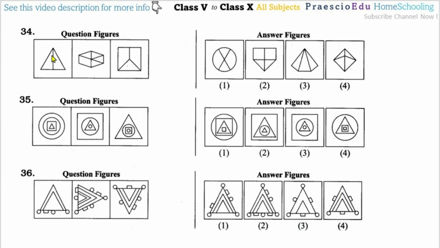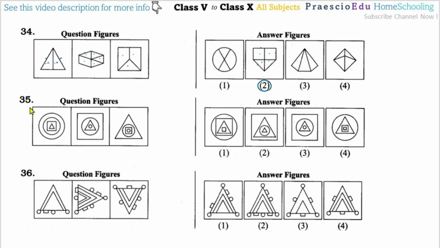Now question number 34. The outer shape here has 3 sides. So that's why 3 minus 2, 3 minus 1, there are 2 equal parts made inside. Now here the outer has 6 sides, but inner 1, 2, 3, 4, and 5 parts. Here outer has 4 lines, so here 1, 2 and 3 parts are there. So as per this one, the outer has 5 lines, and inner 1, 2 and 3 parts are made. So that's why option number 2 is the correct one.